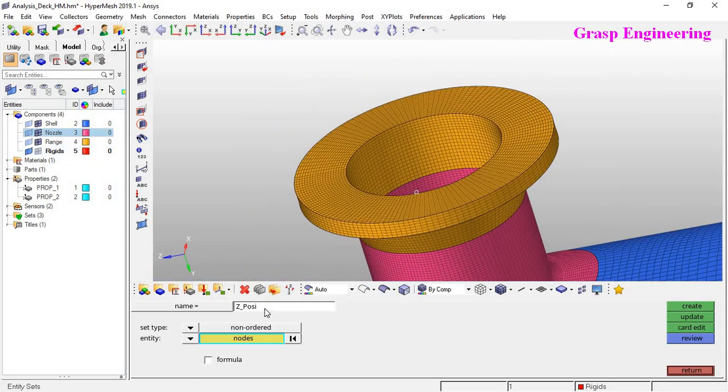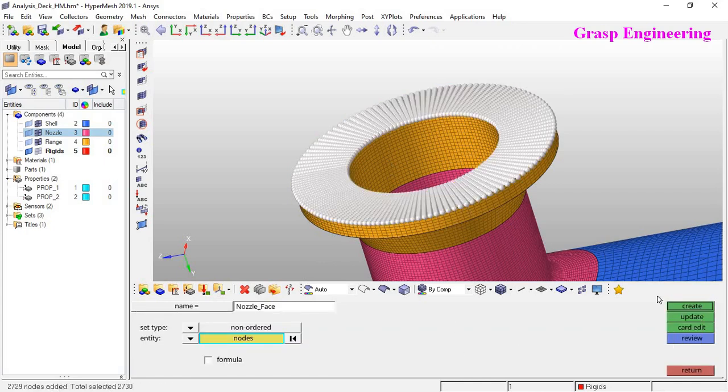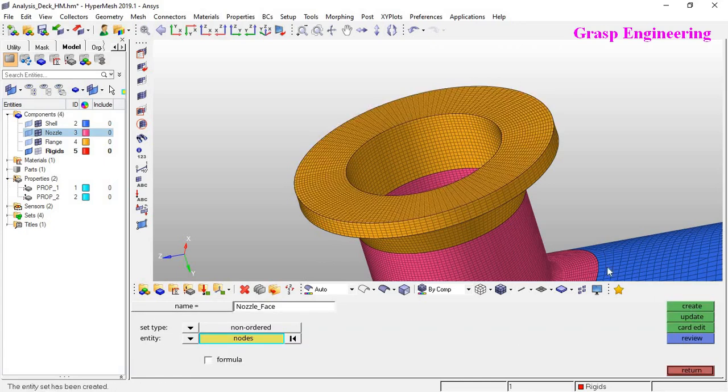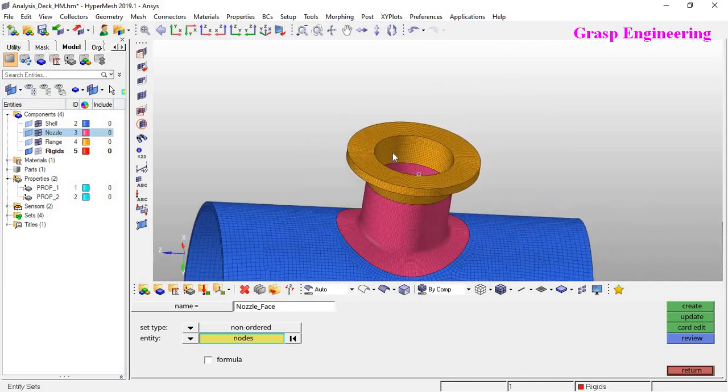Let's create the nozzle face, by face, create nozzle face.